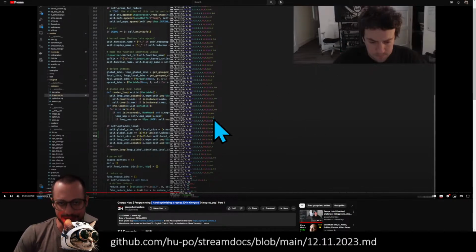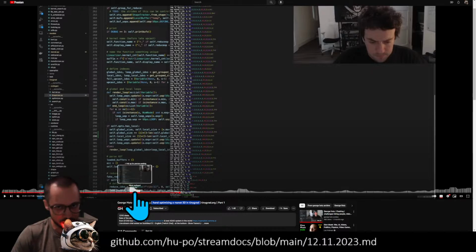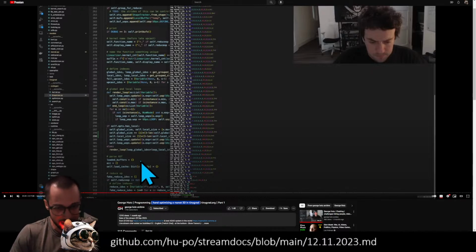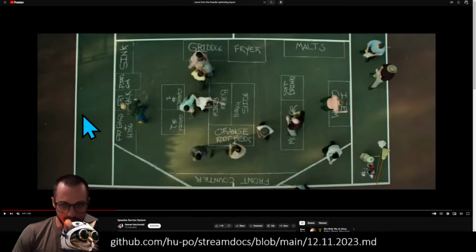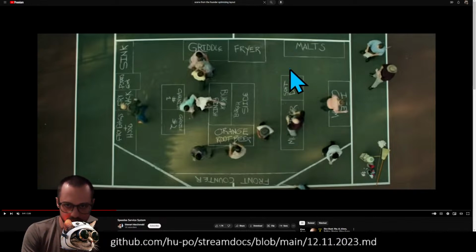Most people don't live in this world. I don't live in that world. I don't think about the kernels and the ops that I'm using when I write my Python code. I just write my Python code, and then I trust that some nameless engineer who committed to PyTorch, and maybe works for NVIDIA, made it all work out. But there are people who live in this world, and they're thinking like this, except rather than griddle and fridge and location, what they're thinking about is the GPU memory cache, the L1 cache, this GPU memory register,